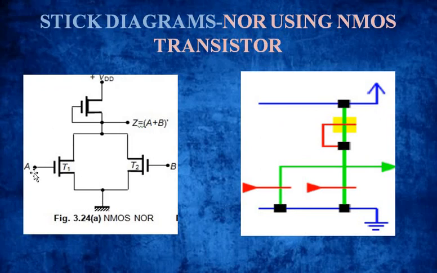Inputs you are having at A and B. By using the truth table you can give the combinations 00, 01, 10, 11. The two transistors, as we have said, are NMOS transistors, and you are preparing a NOR circuit with them. The very first step: draw the blue rails for VDD and ground. That is done. Then afterwards one green for NMOS. From this you get the output, which equals (A plus B) bar.